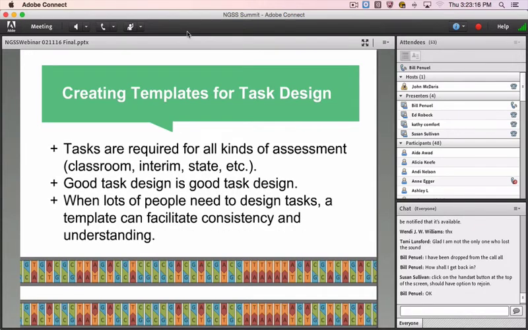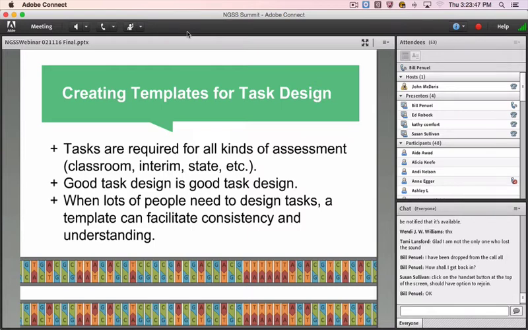So how do you go from these examples, which had pretty rich research resources to support them, to the reality that we face today, which is that we're working as school district folks and state level people to design three-dimensional tasks for the first time? Well, one thing that I think is really helpful is to begin with creating templates for task design. And this is good standard work. We call them test blueprints, often in assessment development.